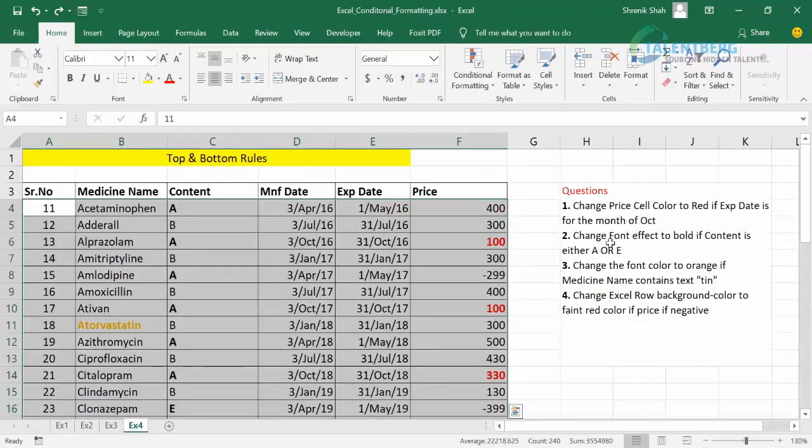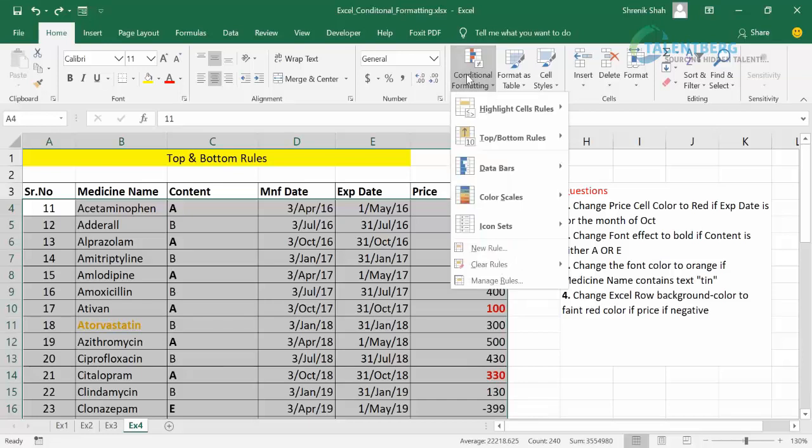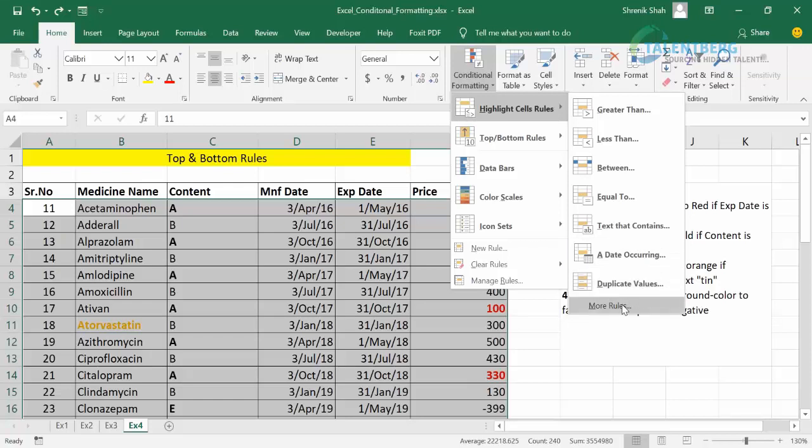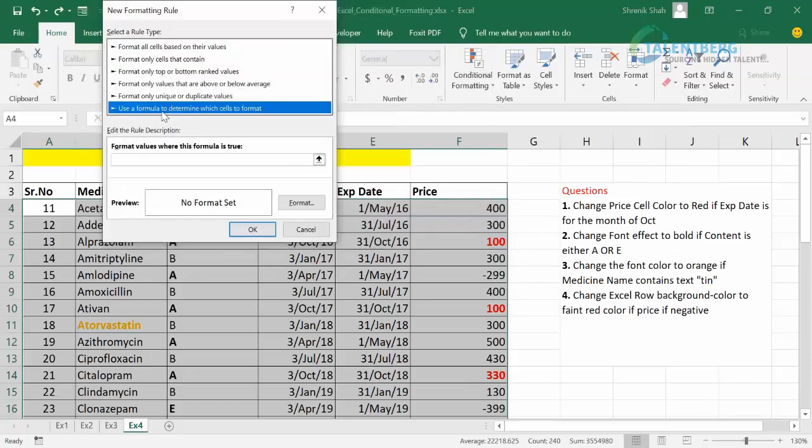After that, to solve this fourth requirement, I click on conditional formatting, highlight cell rules, and from more rules, I select the option Use a formula to determine which cells to format. Here I write the function: equal to, the first price.